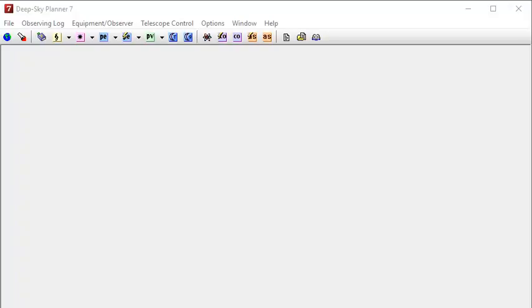This video will demonstrate how you can move an observing plan that you create with Deep Sky Planner to SkySafari. The initial steps are the same. It's the middle and ending steps that differ depending on whether you're moving to SkySafari on Android or iOS. We'll demonstrate both methods. So first of all, Deep Sky Planner allows you to create observing lists, and there are